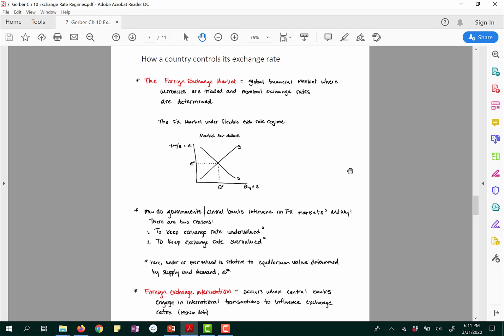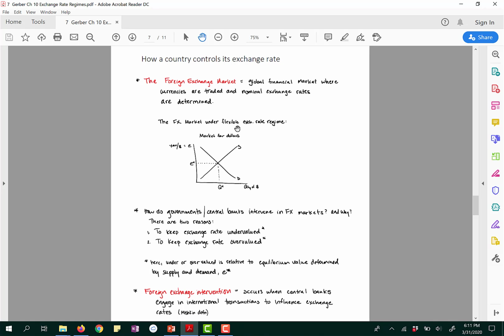Countries that fix or peg their exchange rate do so by influencing supply and demand in foreign exchange markets. Foreign exchange markets are markets where currency is traded. The definition of a market in economics always refers to a group of buyers and sellers, not a physical location. So we have had a market for exchange rates in the Mankiw textbook, where we modeled the real exchange